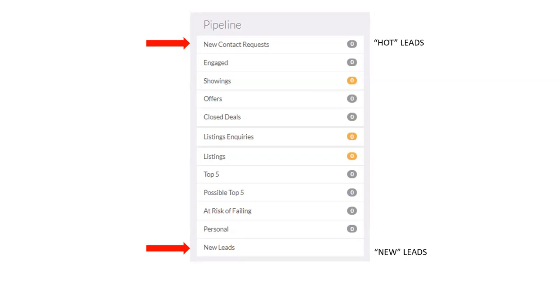And then the whole idea, as I mentioned before, was to work with these leads and push them through this pipeline. So this is actually a really good general job description of what we do as realtors. We receive leads, we want to engage with them. So again, that could either be a phone conversation, text message, emails back and forth. We have the technology. It's not always going to be a phone call. So whatever it is, you're talking to that client, you're engaging with them, and hopefully you're converting that conversation to